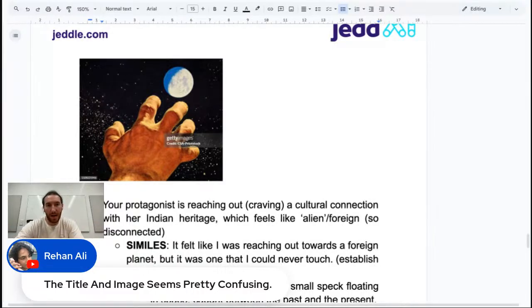So the hand reaching out, the moon or the other planet represents her Indian heritage that she craves a connection to, and she's trying to use the right playbook so that she can reach that planet. She can reach that other kind of solar system or whatever it might be, however you want to think about it metaphorically in her Indian heritage. But she's reaching for that foreign culture, which is represented by that moon or other planet.